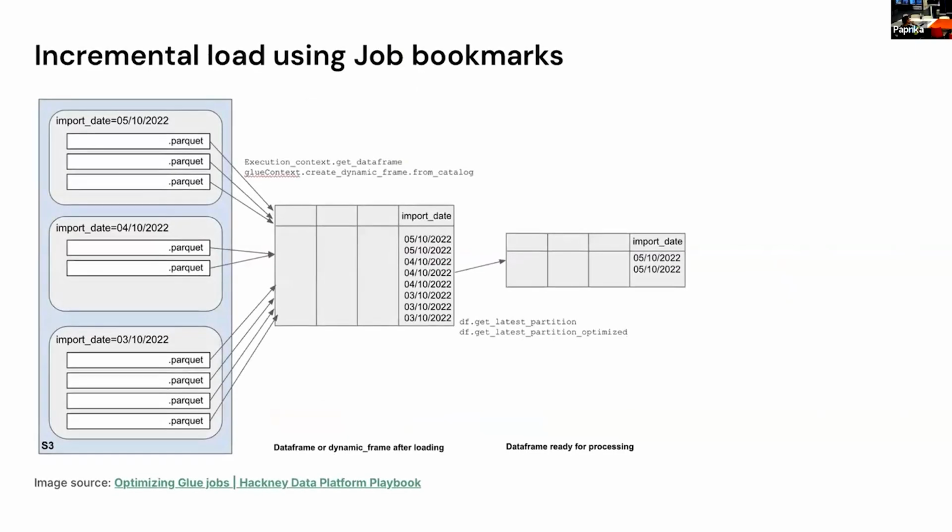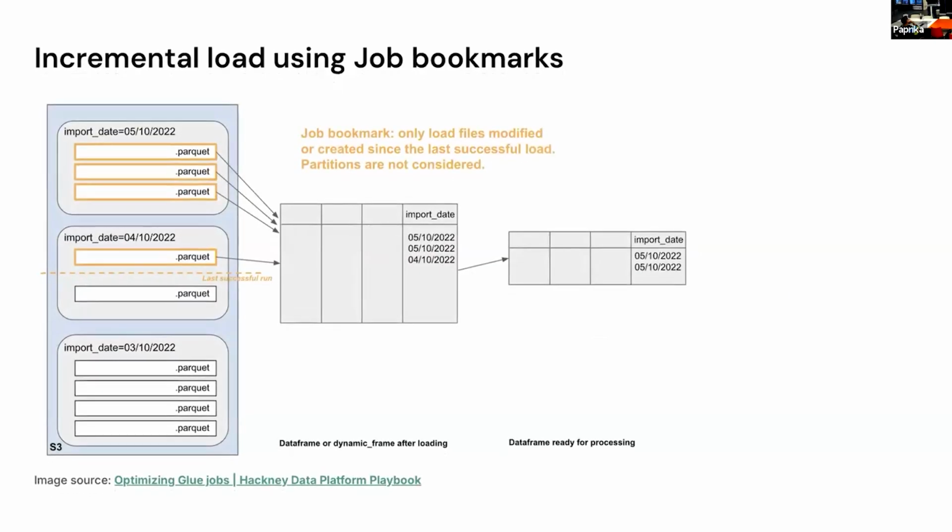We used to have something called job bookmarks when we were on Glue with plain Parquet, which is quite cool because Glue gives us some tools to persist the files that have been read or processed by a given run. It does it based on the last modified timestamp. So on subsequent runs, only those files will be read that have been modified or added since the last run.